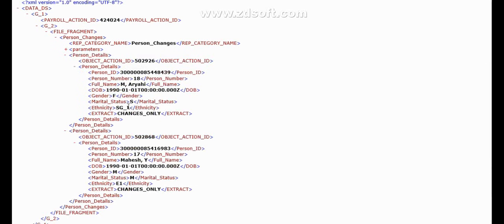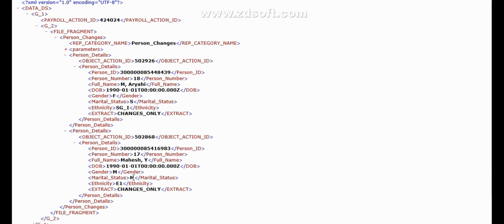Now if you look at our SCM extract, since we made changes after the full mode run, only two records are being shown here, 18 and 17. For 17 we changed ethnicity and marital status.